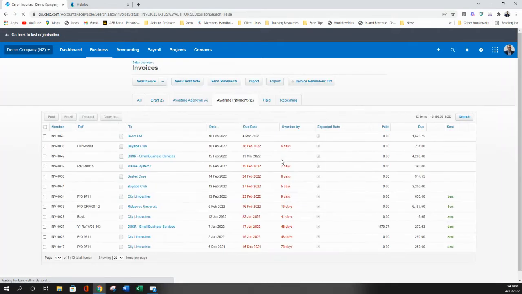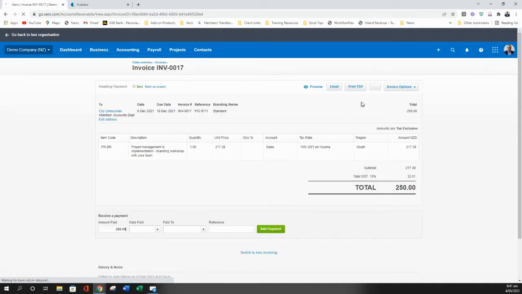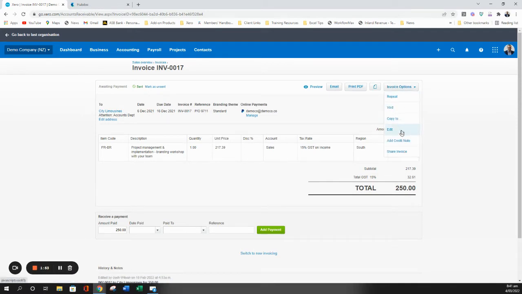Going into your awaiting payment list. So in this list, it will show you all of your invoices that you're waiting for payment. Now, you may have potentially some old ones here, like this one here I can see that's overdue by 78 days. If you don't expect to receive payment for this invoice, then what I'd suggest you do is put through a bad debt transaction. To do that, click on the invoice and then go to Invoice Options, Add Credit Note,